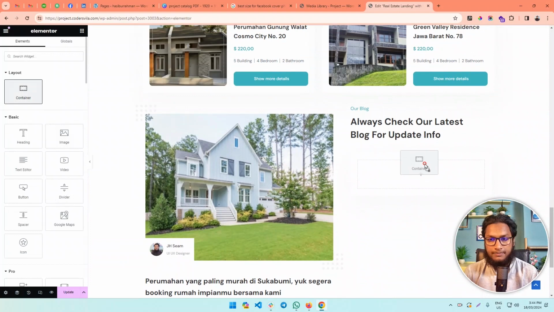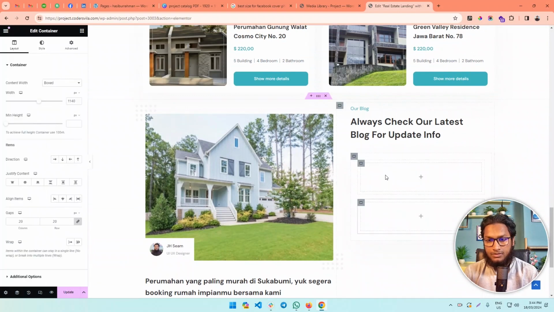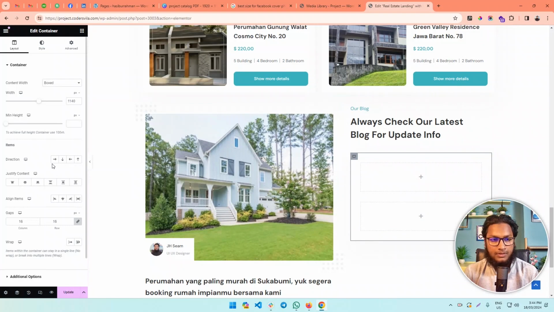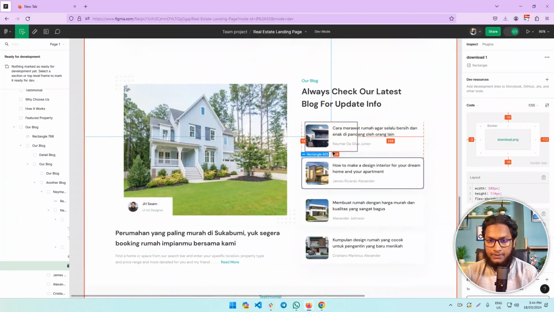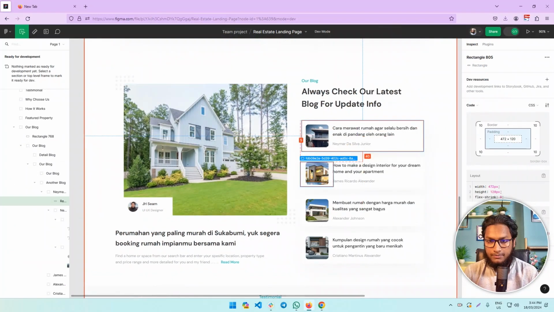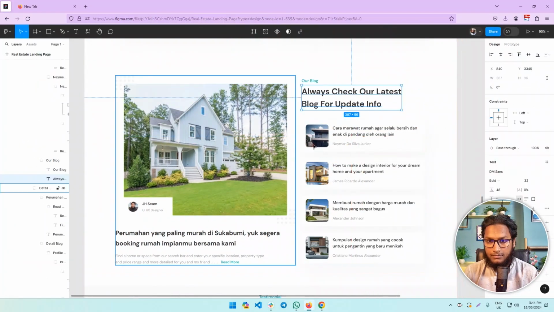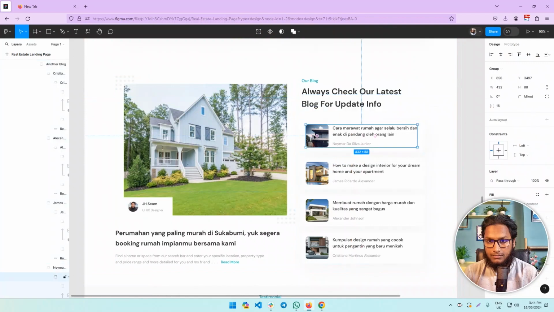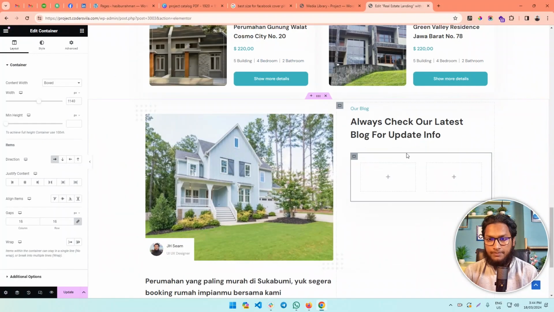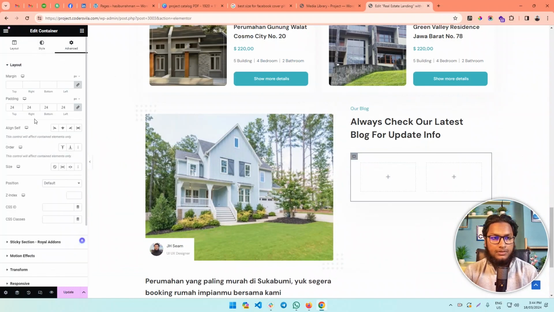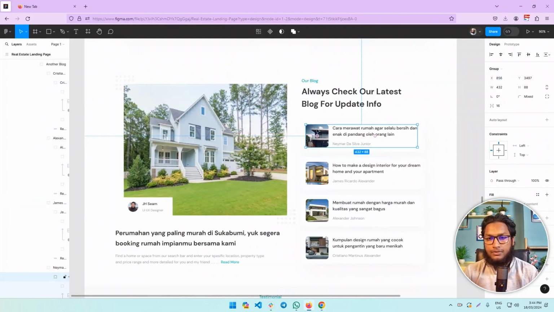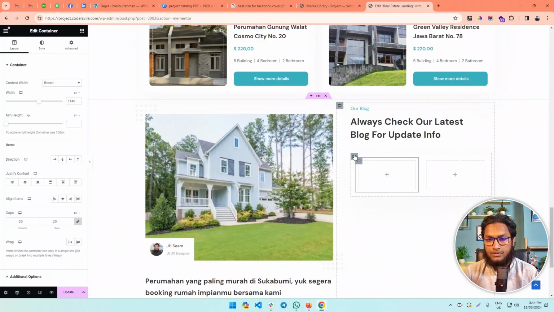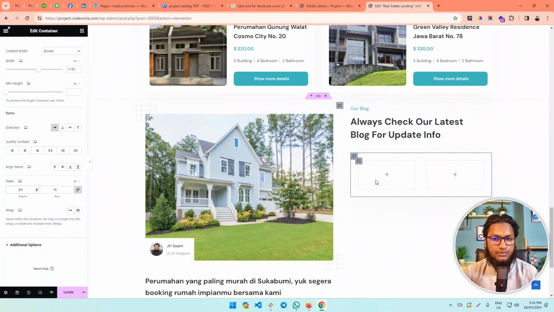Just close this, you can drag and duplicate the two columns, set it horizontally, and let's check the spacing. 16 pixel, you can set 16 pixel space here, and also row gaps 16. Okay,